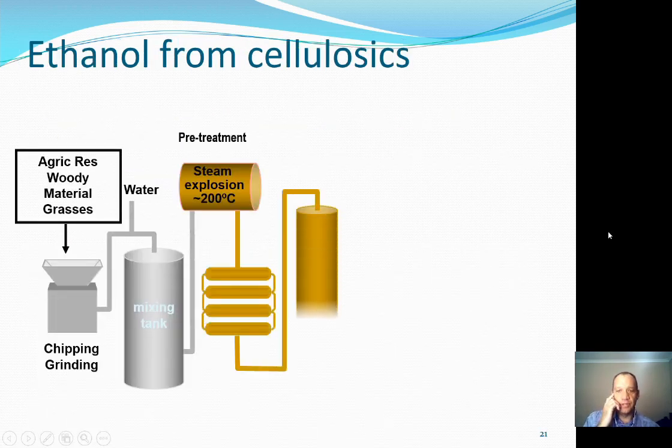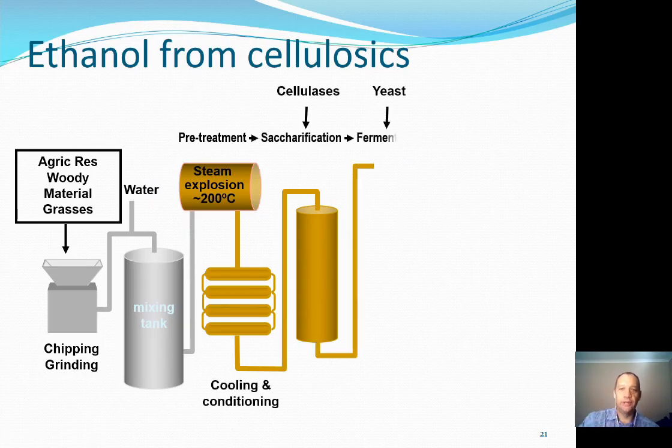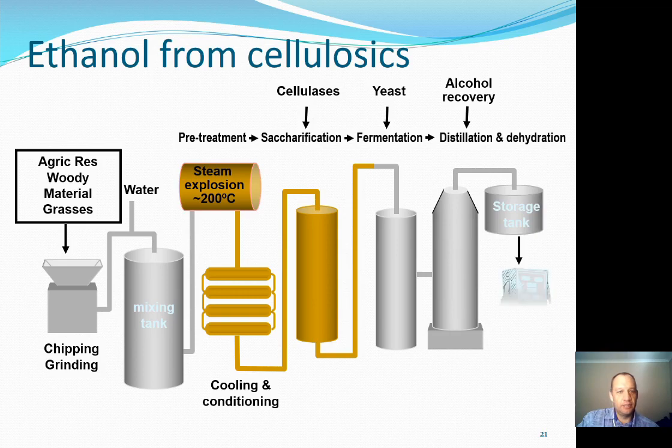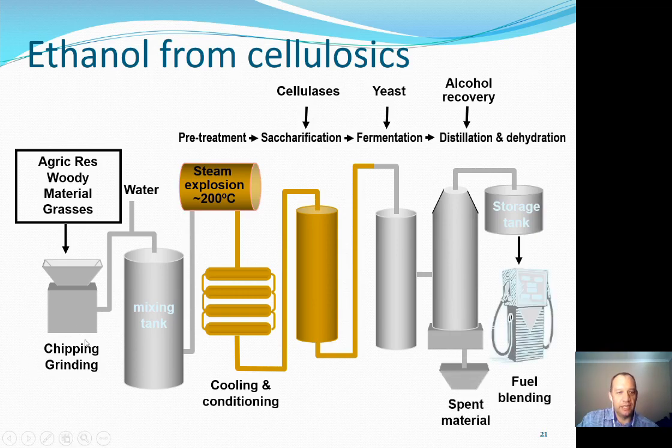So comparing this with our starch to ethanol process a little bit earlier on, you'll see it's a little bit more intensive. You need also size reduction to start off with. You make a slurry by mixing it with water, and then you do some kind of pre-treatment. The example here is called steam explosion. These pre-treatments use much higher temperatures than you needed with the liquefaction of starches. Then you cool the mixture, and you allow the enzymes, the cellulases, to saccharify